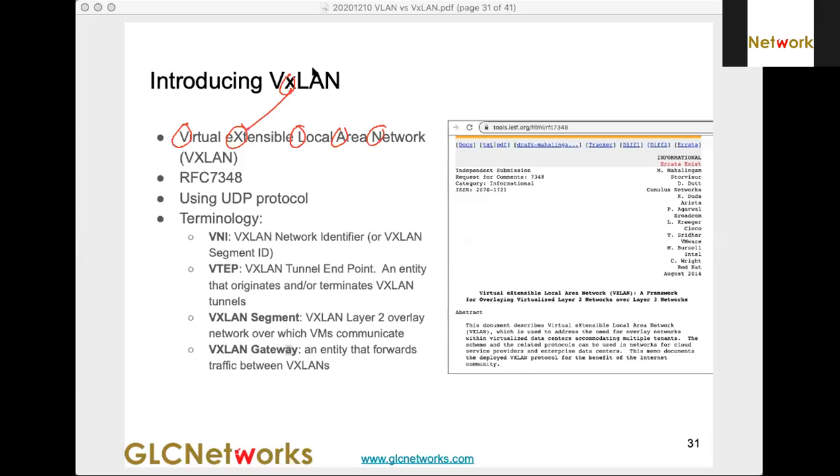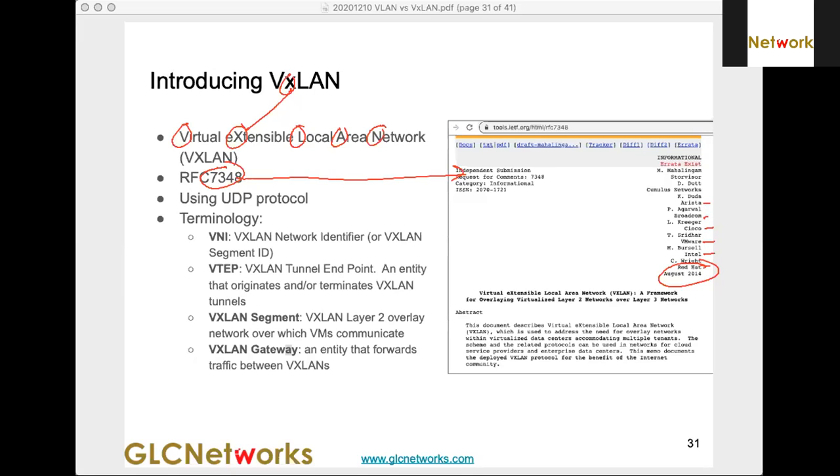The information about VxLAN is available in RFC 7348, which was done in 2014, so it's not long ago. As you can see, some of the contributors are from networking and from virtualization vendors: Intel, Red Hat, and others.